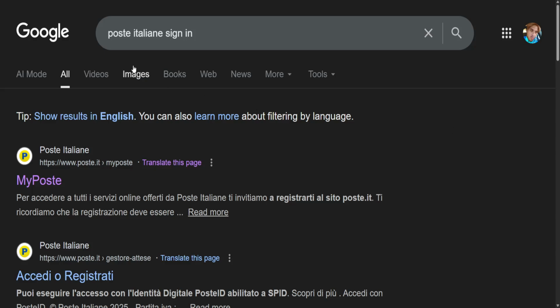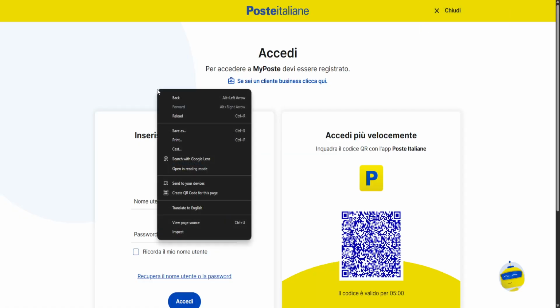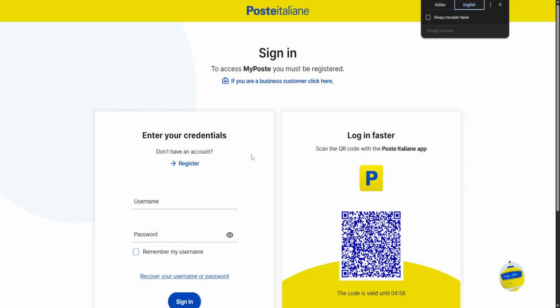How to log in to Poste Italiane online banking. Here's how it works. First, Google search for Poste Italiane sign in or login, and you want to click on the first website that pops up right here. It is going to take us to this page, and you have different methods of logging into your online banking